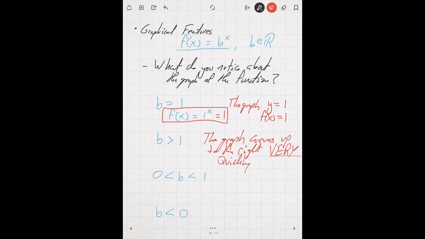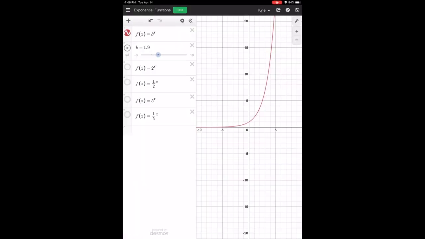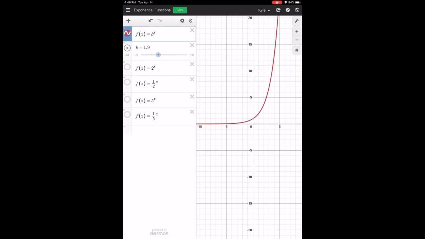Okay? As we move over to the right-hand side, the graph keeps increasing and increasing. We can see that if we look at the graph right here. As I move along the points, you'll notice that I start jumping up higher and higher and higher very, very quickly. In between 0 and 1, I just jump up,